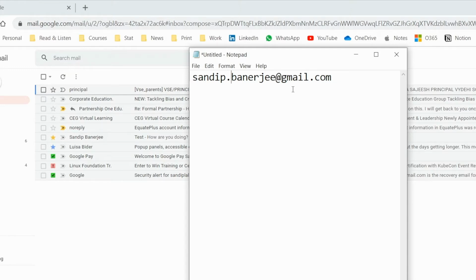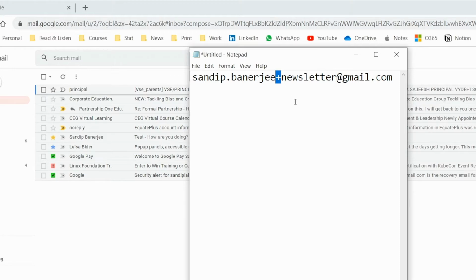Now you may think, if I'm just adding a dot and sharing my email address with multiple people, how am I going to track? There is another way. If you add a plus sign, and then start writing anything, maybe "newsletter", then this email will also come to you. Gmail will ignore the dot and Gmail will also ignore anything after that plus sign.